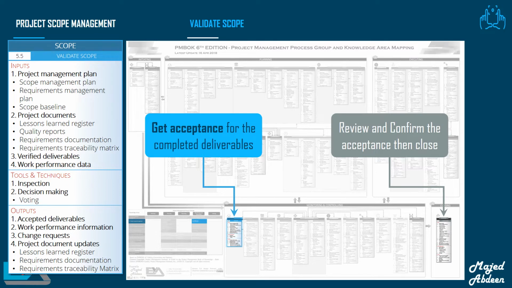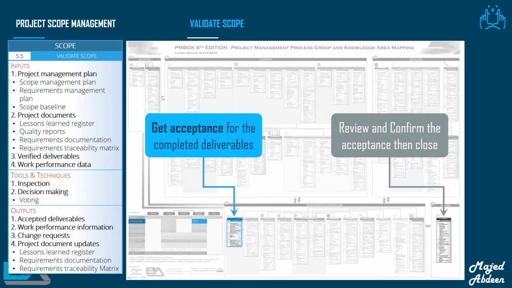You will want to remember this for the PMP exam. When you read any question about customer, client, sponsor, or authorized stakeholder acceptance and getting anything signed off for the deliverables, immediately pick the answer which contains validate scope. The main concept of this process is to get a formal acceptance of the completed project deliverables systematically throughout the project as needed. Wait a moment.